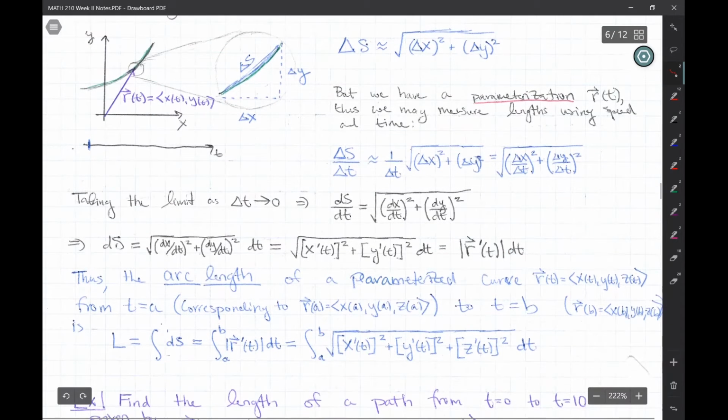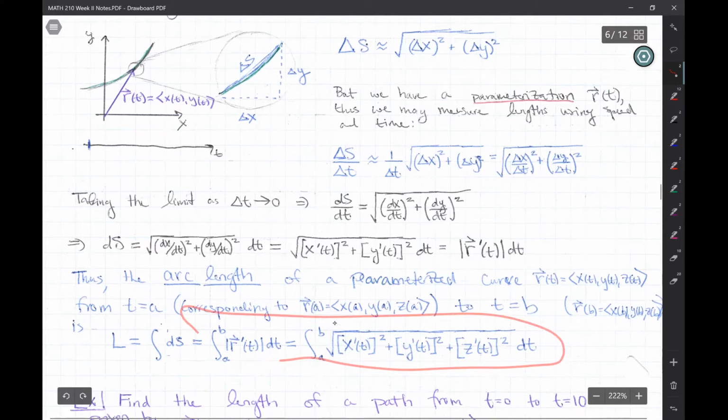And what do you do when you want all of the length, so the length for the whole thing? Well, you add up all these small pieces by taking the integral. Taking the integral gives us the total length, and we do this again. So hopefully now you see why we needed that time parameter. It's because we needed a way to move along this curve. As we move along this curve, we take very small ds's, add them together, and this here is